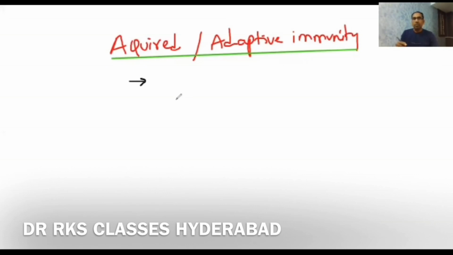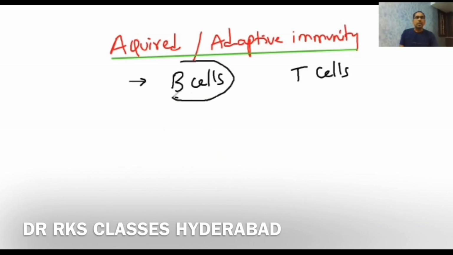The immune system generally adapts to different types of pathogens, so it is called acquired or adaptive immunity. The main components involved in acquired or adaptive immunity are B cells and T cells. In last class, we already discussed the B and T cells, their formation, maturation, activation, everything. Now here the B cells form a group of antibodies